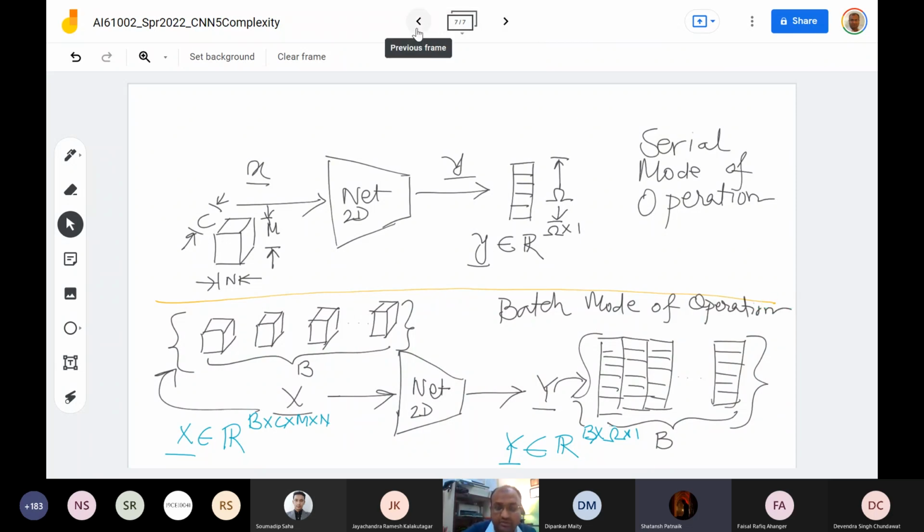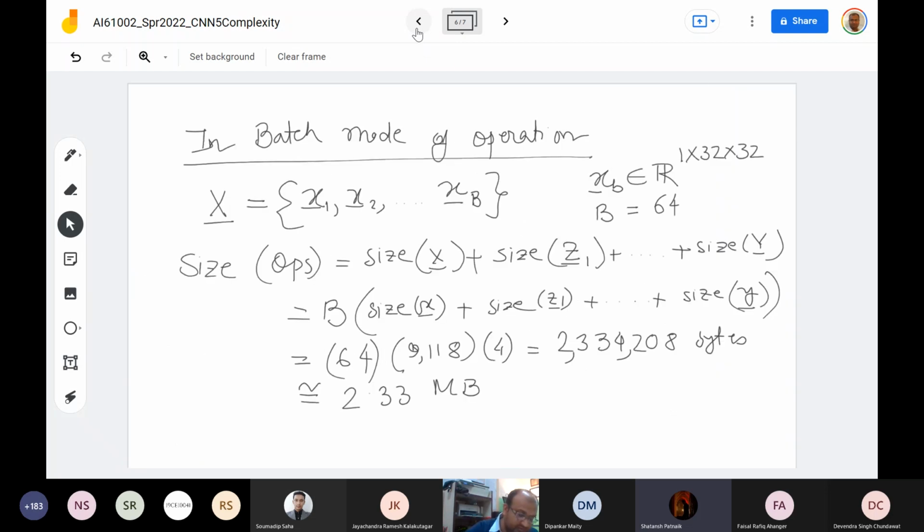Because that is batch mode of operation, look over here. The size of my operational space is dependent on my batch size, but the size of the network is independent of that. So what is the size of my network? Size of W1, B1 plus like this up to size of W5, B5, and that is equal to